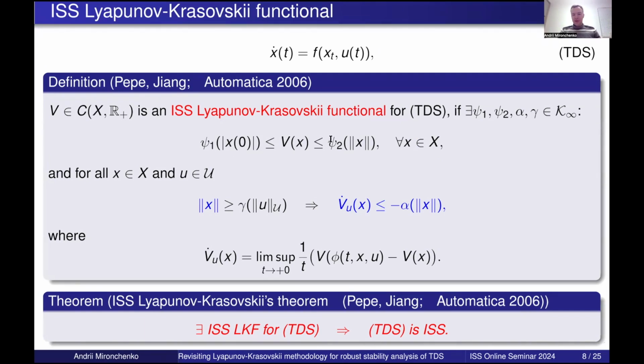psi2. Note that above we have the uniform bound in terms of the norm of the state, but below we have a bound in terms of just the absolute value of the right point of the state. So basically, the norm can be non-positive, but if x0 is 0, then V of x can still be 0. Right? Another property says the following: if the norm of the state is large enough compared to